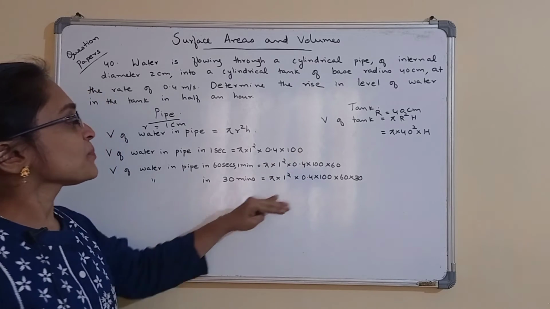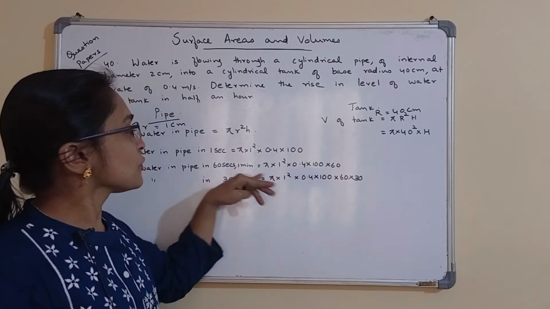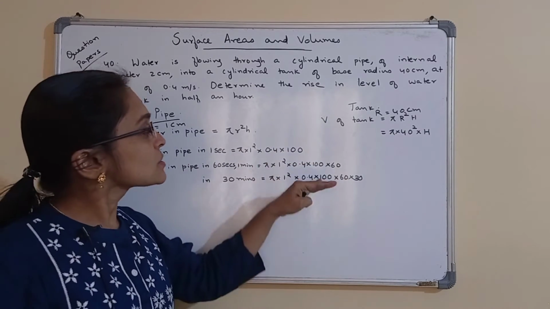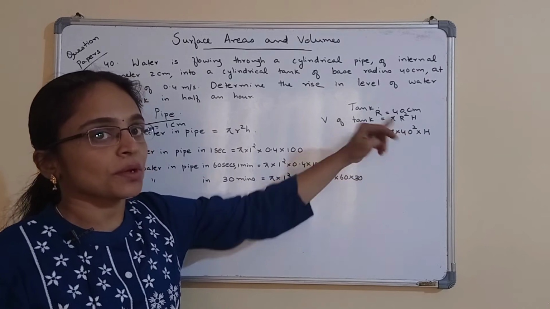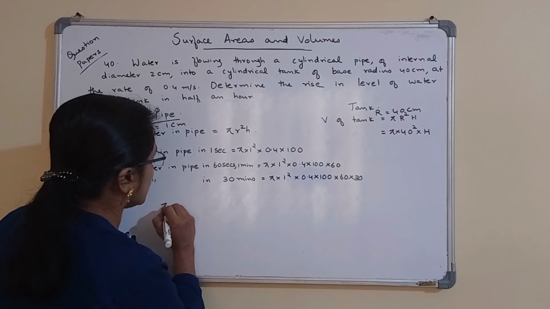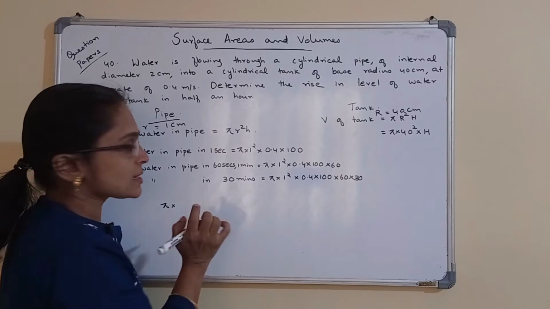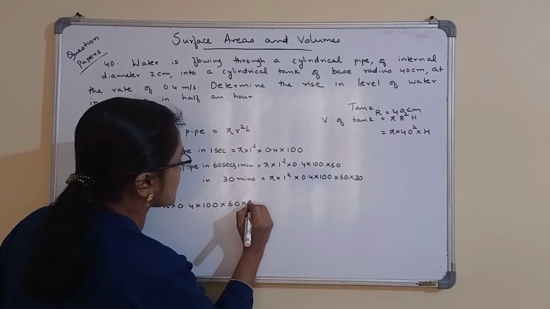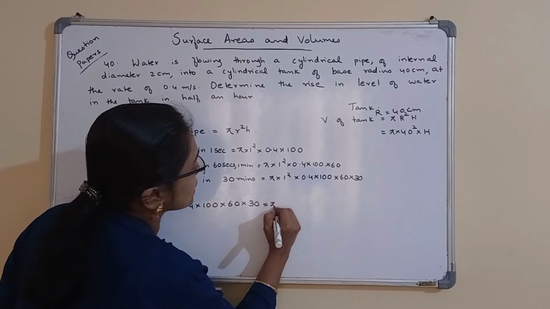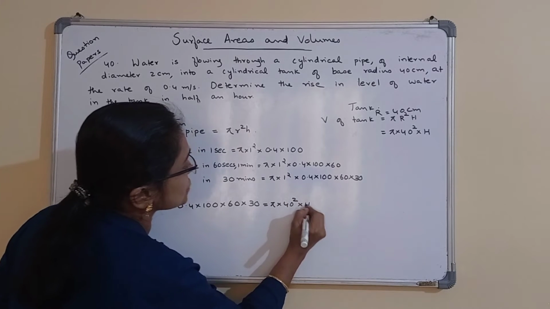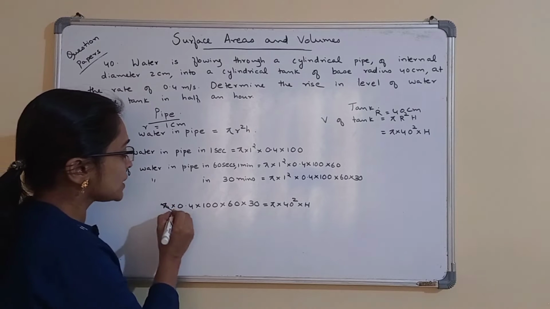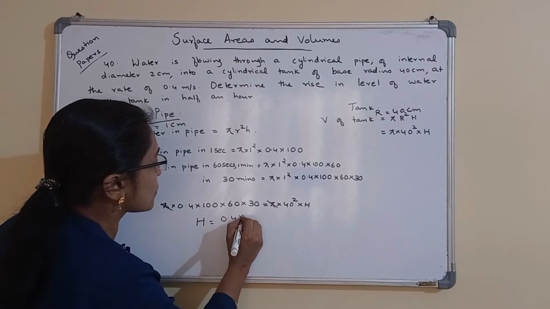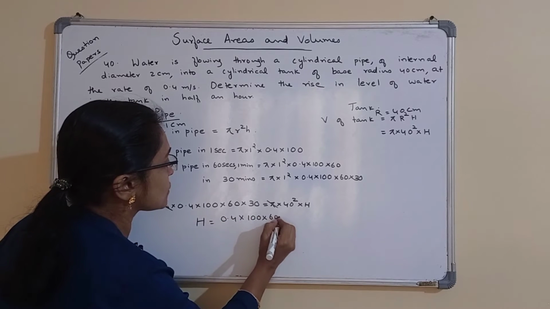Now we know that this much water is flowing through the pipe and this much water has filled this tank, right? So this volume will be equal to this volume. So it means pi into 1 square we can take as 1, 0.4 into 100 into 60 into 30 is equal to pi into 40 square into h. Okay, so pi and pi will get cancelled and h is equal to 0.4 into 100 into 60 into 30